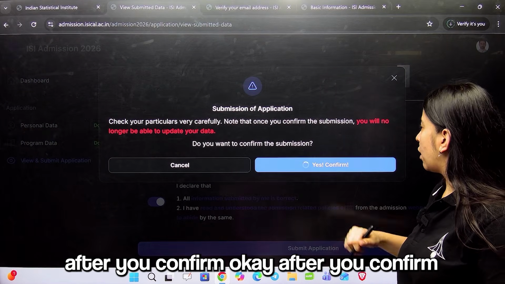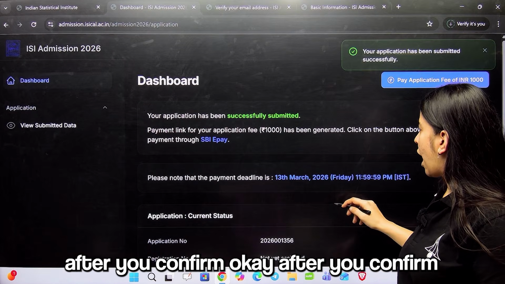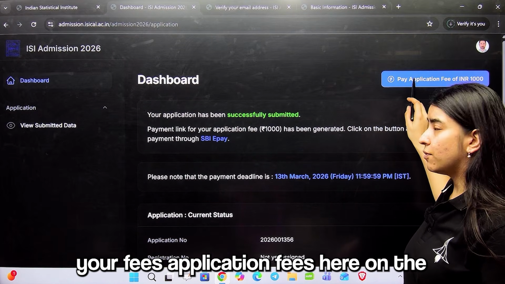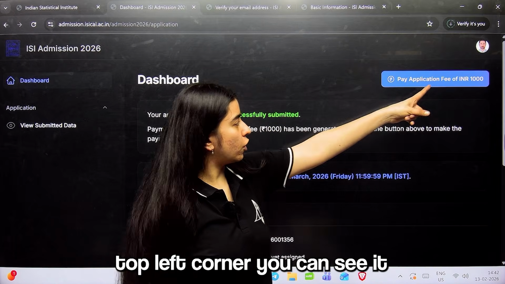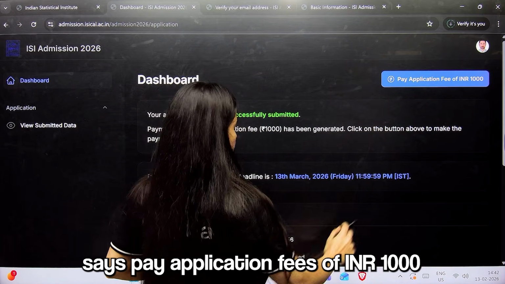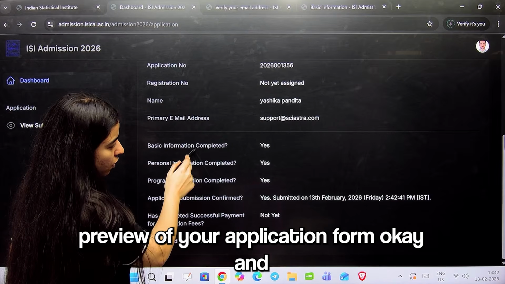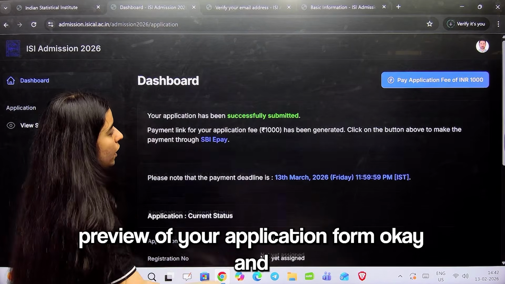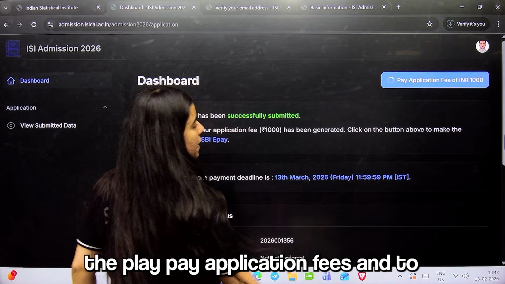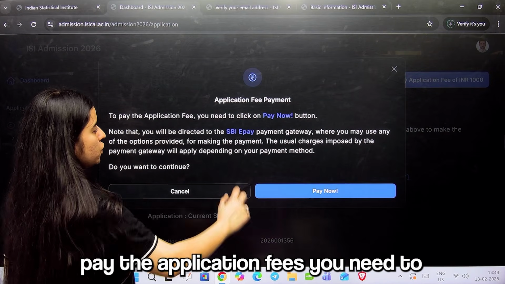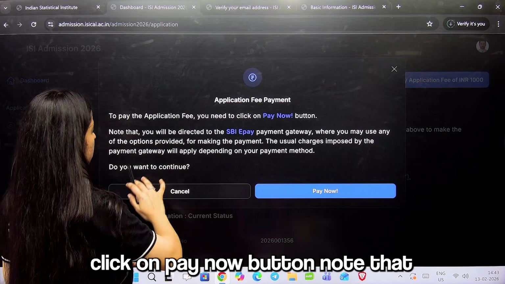And after you confirm, all you have to do is pay your application fees. Here on the top left corner you can see it says pay application fees of INR 1000. So again, this will show you the preview of your application form, and then you just click on pay application fees. To pay the application fees, you need to click on the Pay Now button.